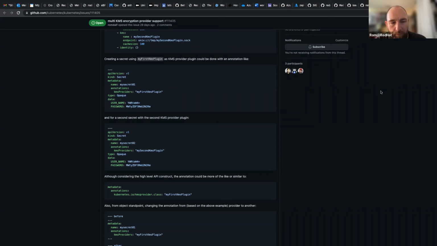I guess it's more the creation that will fail. Unless it's changed on the go, it should just fail and give an error, right?